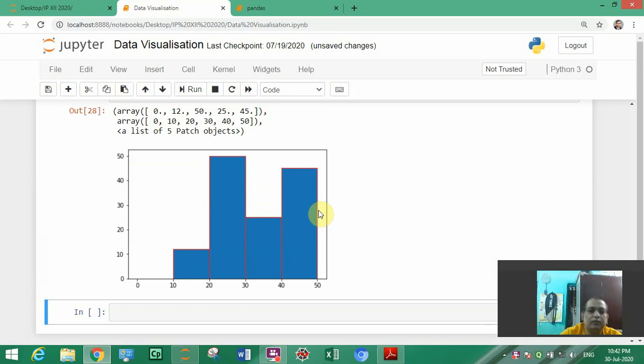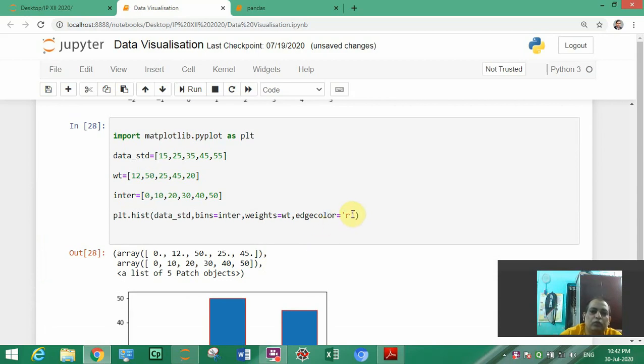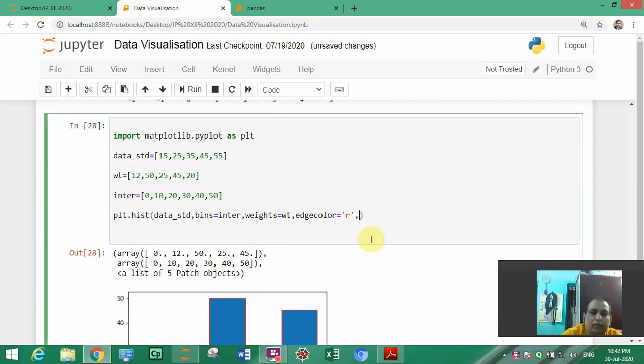So you can change the separation color like this, and if you want to change the color of these bars, then you have to use one more keyword argument of this hist function, facecolor. The spelling of color is color in this Python. Color equal to, suppose you want to give facecolor as magenta, in single quote the first letter of the color name.